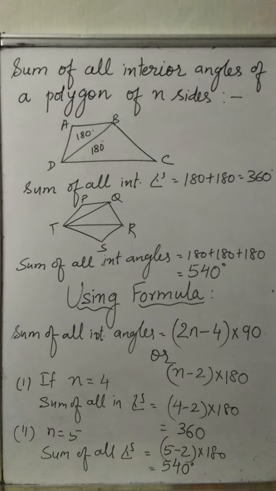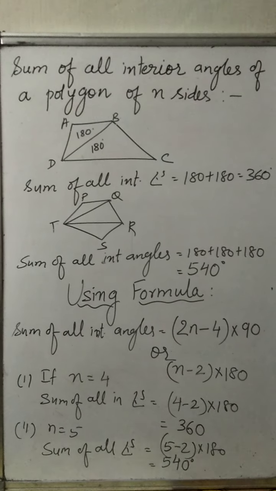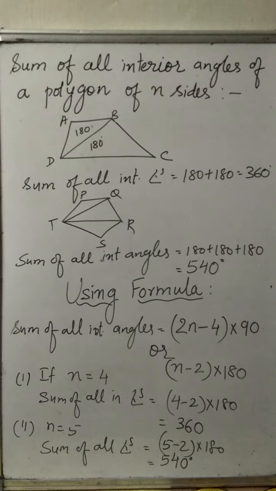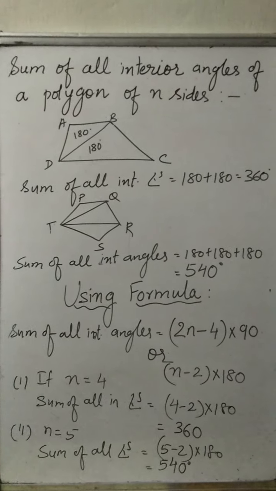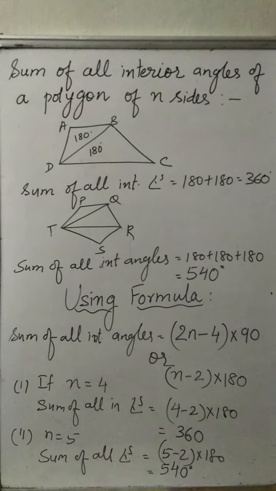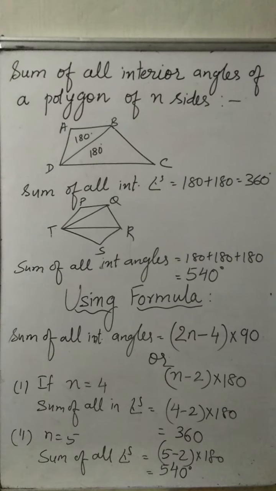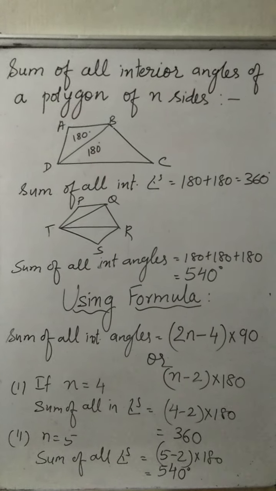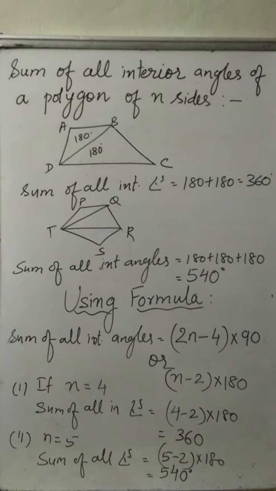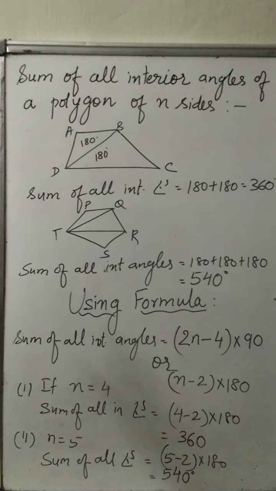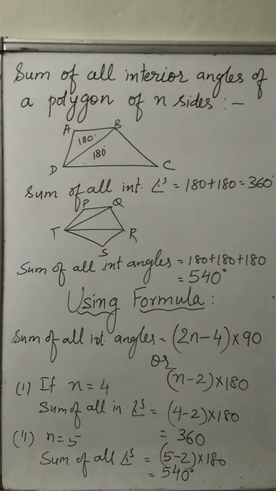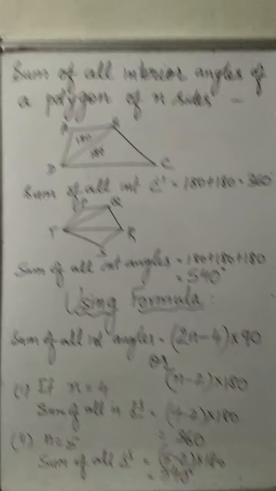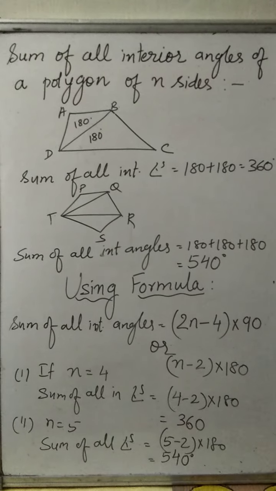Again the point that you have to notice is that sides are 5 and triangles are 3. So you have to calculate the sum of all the angles of 3 triangles, right? Sides are 5 and triangles are 3. What is left over? 2. So that means you have to subtract 2, right? This is a simple way of calculating, but we cannot do that type of calculation if the number of sides increases. So the formula you have to derive.